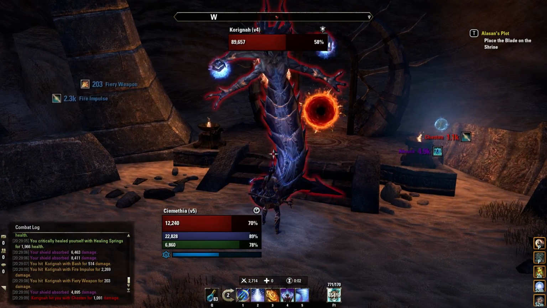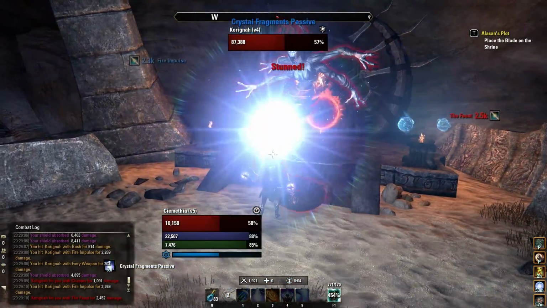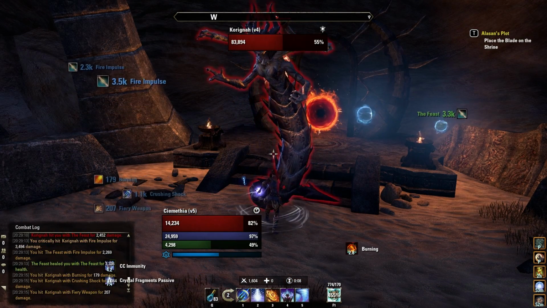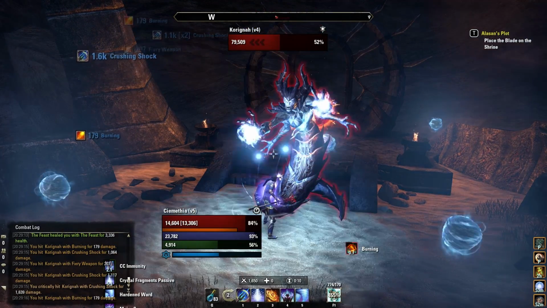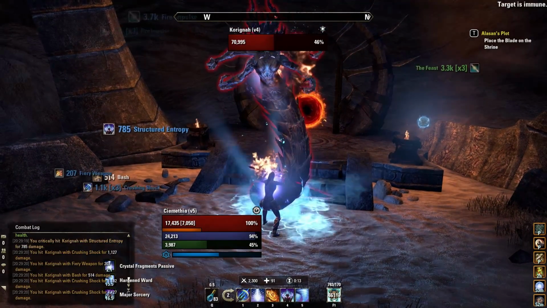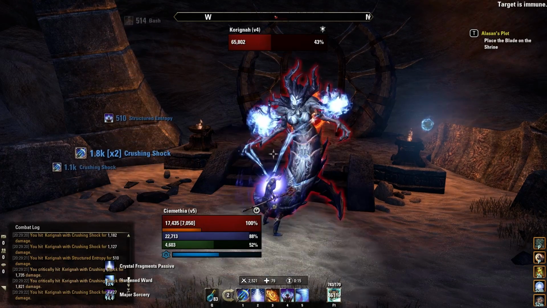At this point I'm not sure if there's bubbles behind me, so I've switched to Flame Ring again. Stunned again, more bubbles coming in, break free of the stun, back to the Flame Ring. You can see how that's healing up Cy's health nicely. Hardened Ward back up, Structured Entropy, Flame Ring, back up to 100% health, and then back to Crushing Shock,